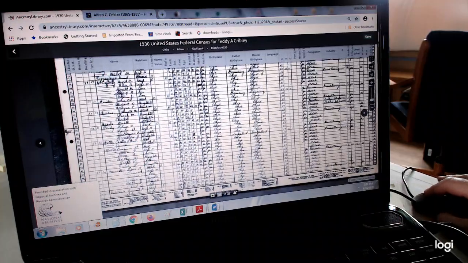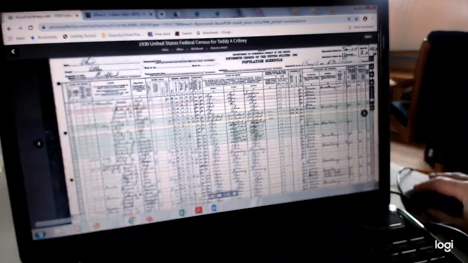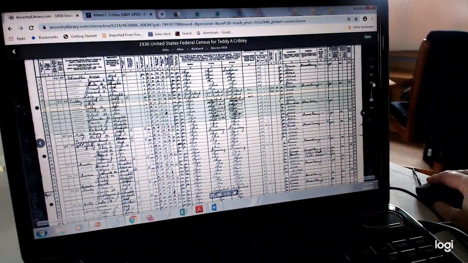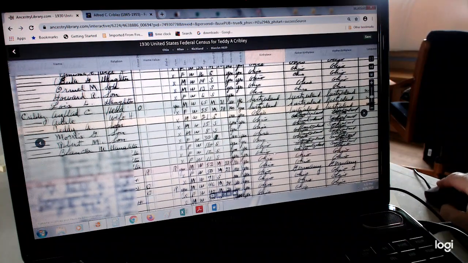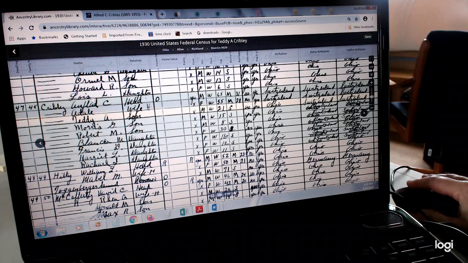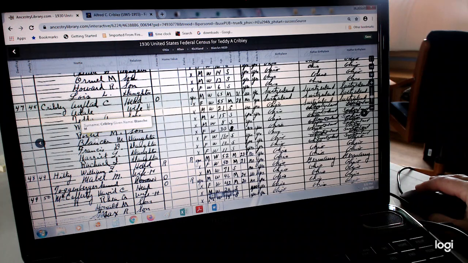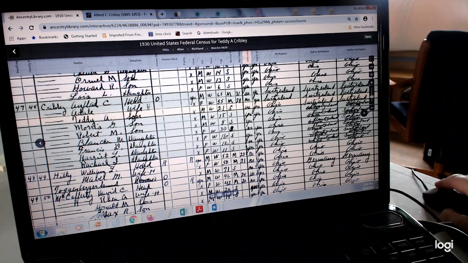Okay, and where are we? There we are. Okay, so there is Alfred. And these are the children that are home. Robert wasn't on the list before, so they've had yet another one. Alfred got married at 31, and it looks like she got married at 21.